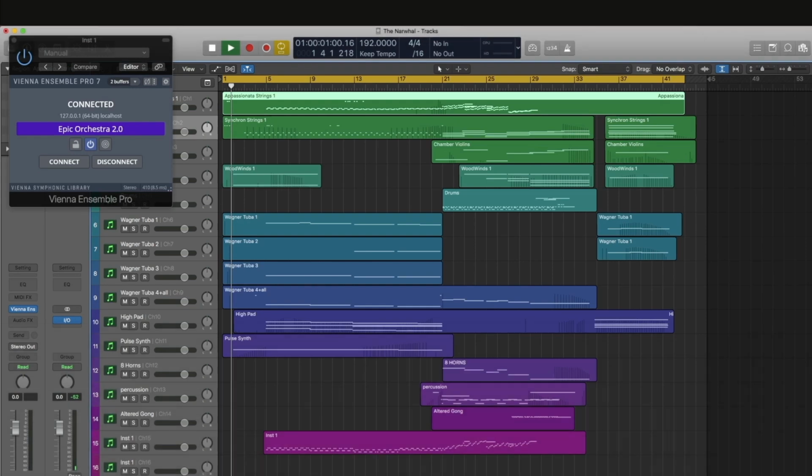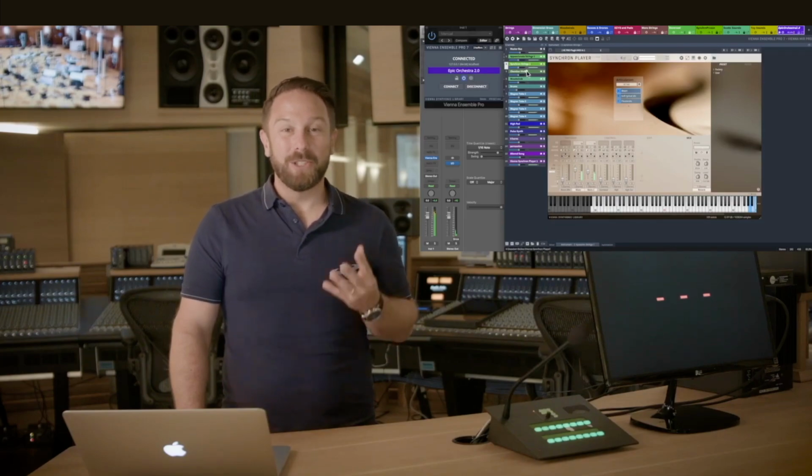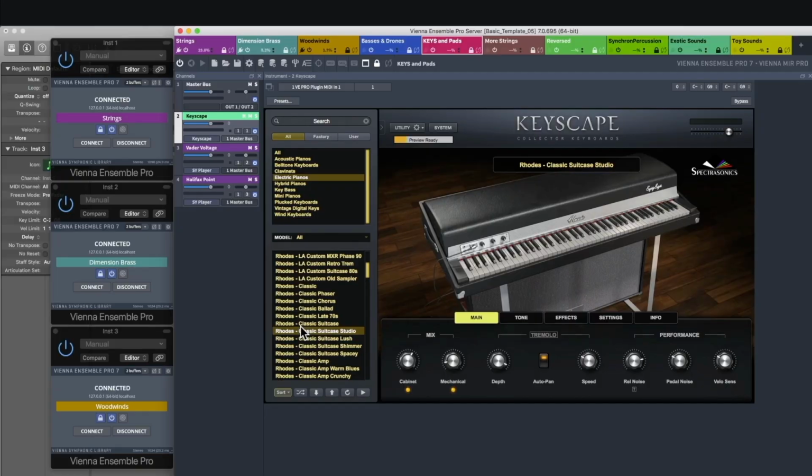And that is having your virtual instruments hosted externally and then networking them into your DAW using a software called Vienna Ensemble Pro. Vienna Ensemble Pro is something that I'm familiar with because back in the day, before I had a powerful Mac, I used a slave PC to host my virtual instruments, and then I used this software to route them into my Mac using the special host plugin. Basically, when I upgraded my Mac, it didn't seem like there was any reason to continue using Vienna Ensemble Pro,